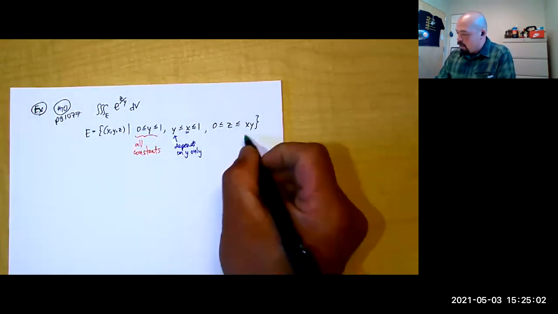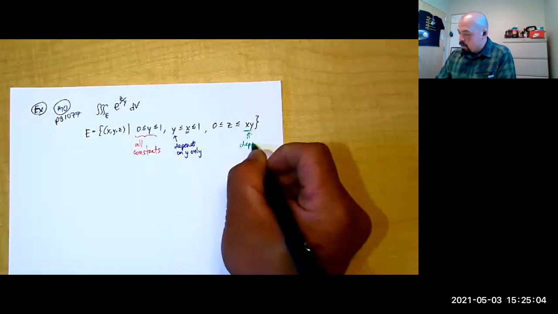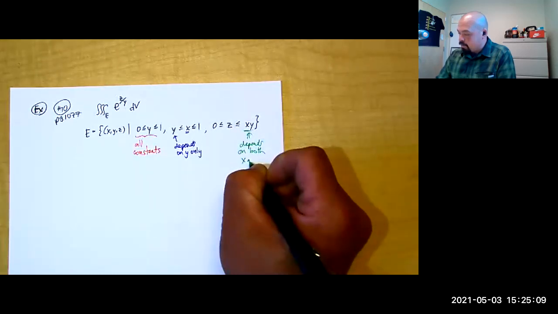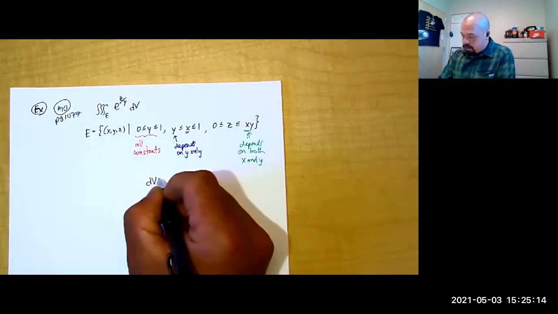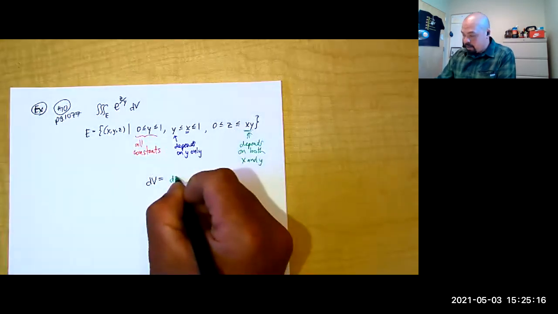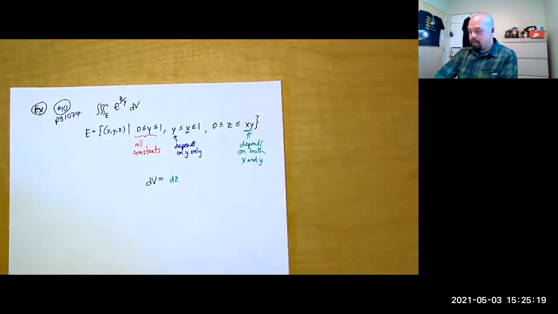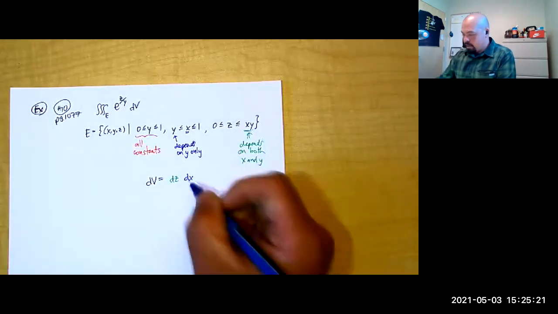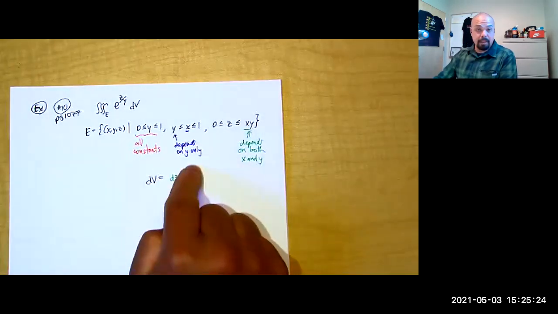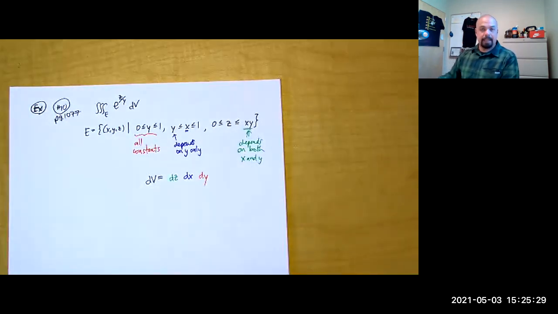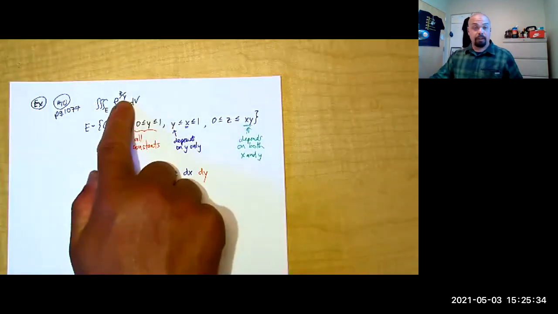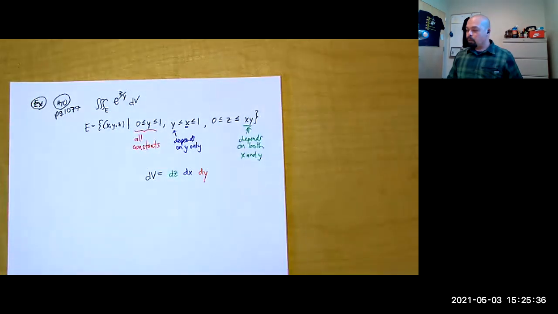But then for the z, it depends on both x and y. So when it comes to looking at my dV, that means I should be doing dz first, dx in the middle, because it still has some variable dependence, and then my constant at the end, dy. Okay, and there's our function which we're integrating with respect to. All right,